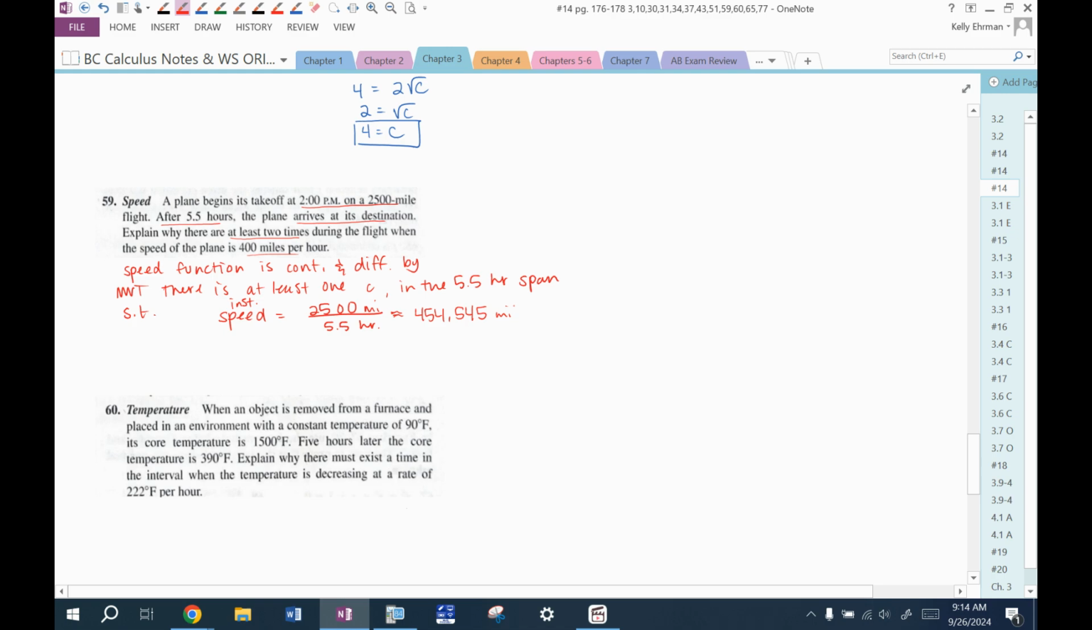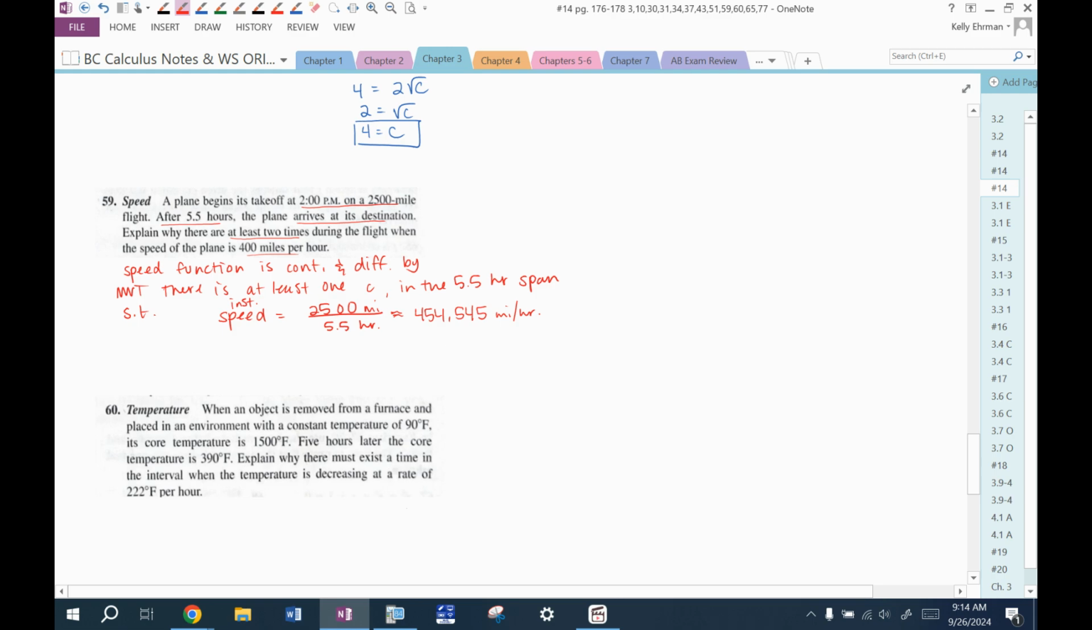That's about 454.545 miles per hour. So I know that there's an instantaneous speed that's as fast as this. And again, because you can't just jump from, say, 300 miles an hour up to 454 without hitting everything in between, you've got to hit 400 miles per hour at some point. And so if that's not our max, sorry, if that's the speed that we have overall,